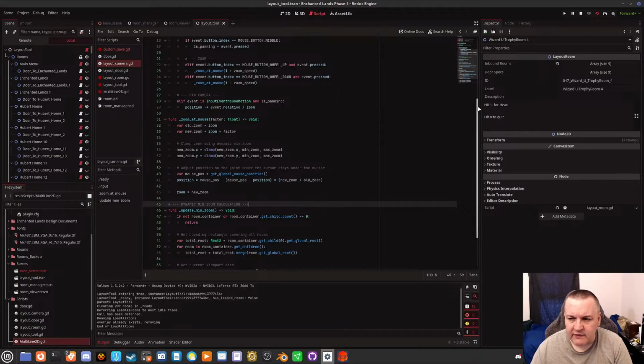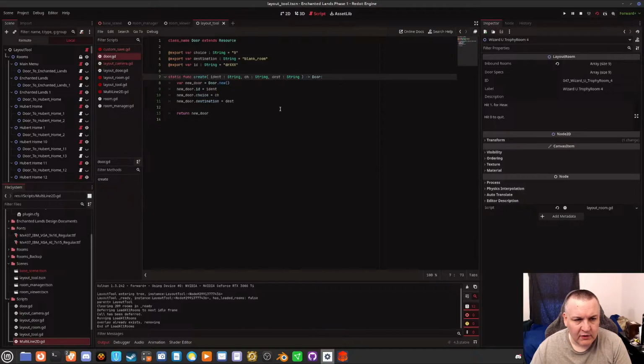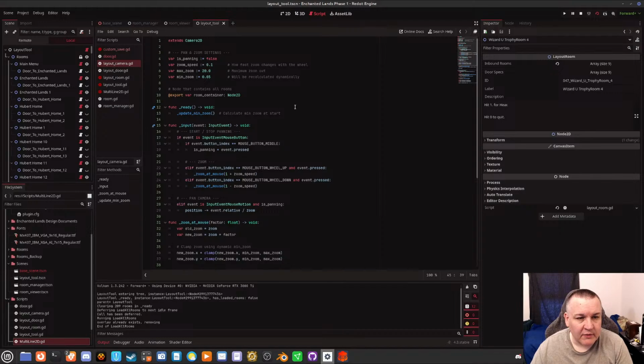Is this a class? Maybe it's because this isn't a class, right? Let me look at the door. Door is a class, so layout camera, this extends Camera2D. I don't know. I could write it directly, and then it's a class, right?